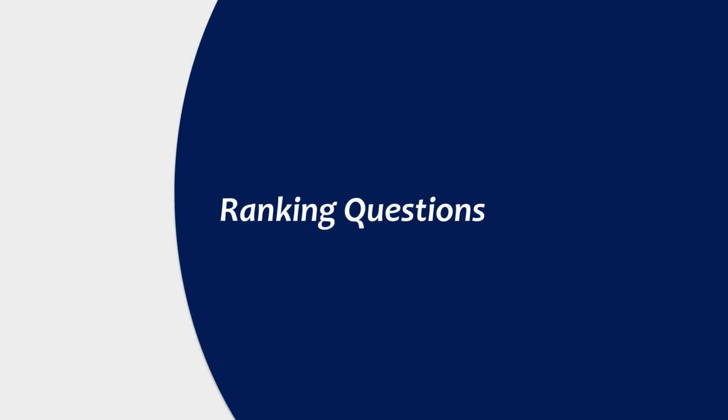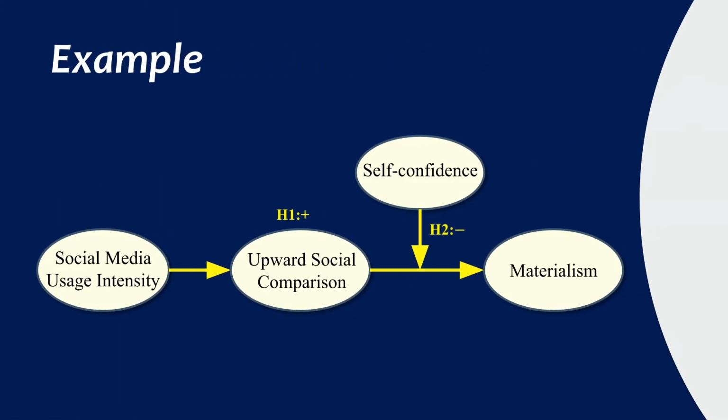So when should you use a ranking question? They're best when you want participants to express a preference or priority ordering across a set of items, not just which they prefer, but the relative order of all of them. In the hypothesis video, we used social media platform usage as a control variable in our example. A ranking question is a natural fit here. Rather than asking about each platform separately, participants simply drag and order them, which is more efficient and gives you